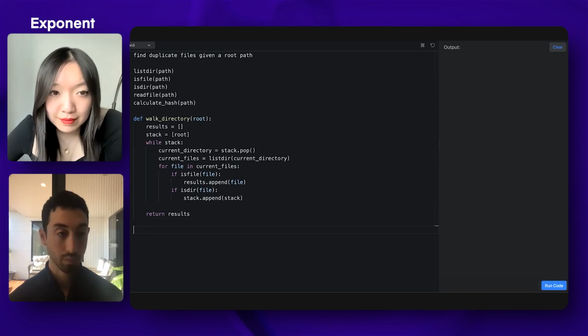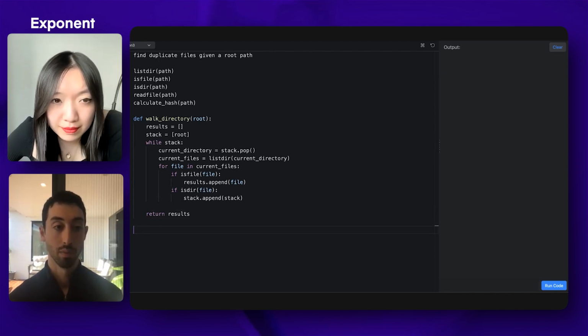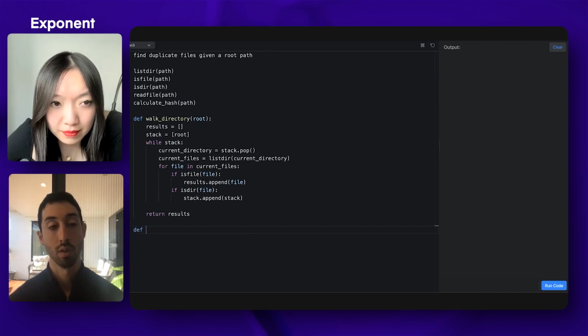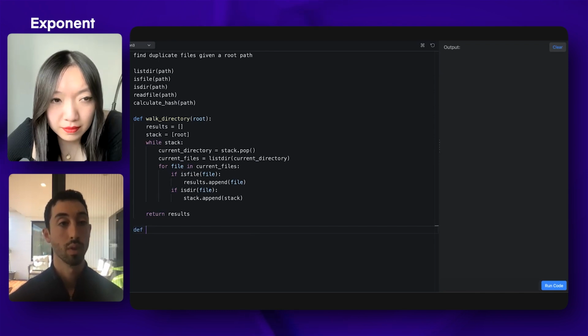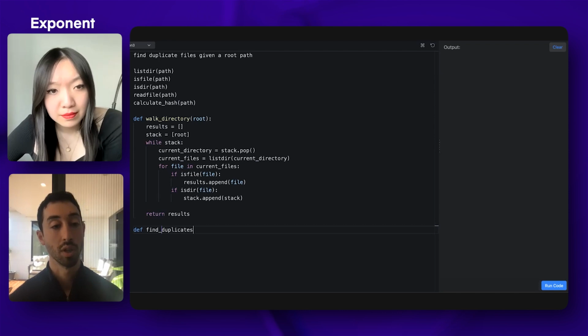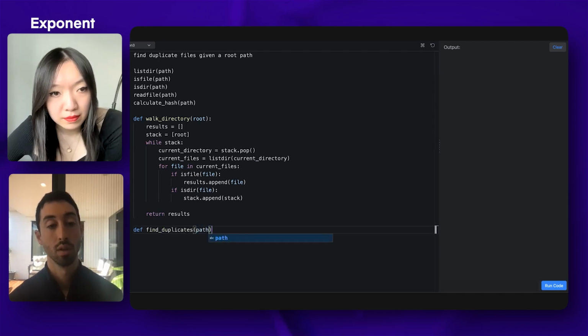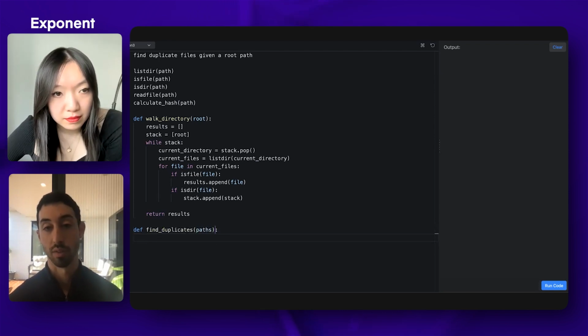So now I can do the find duplicates, assuming I have a list of paths, right?